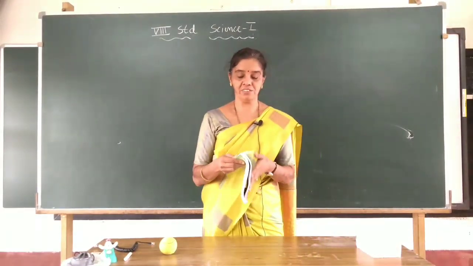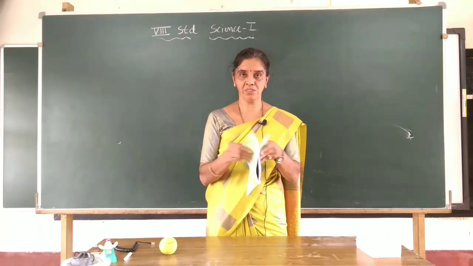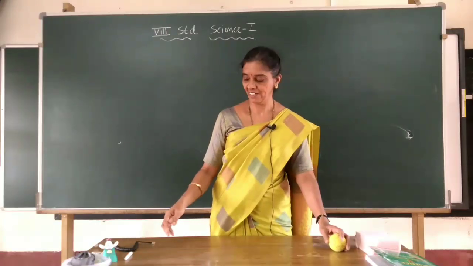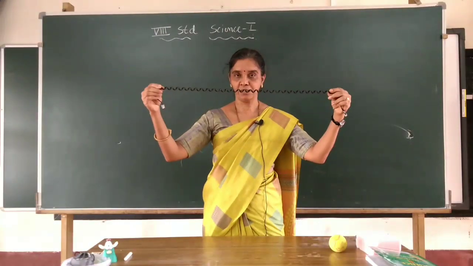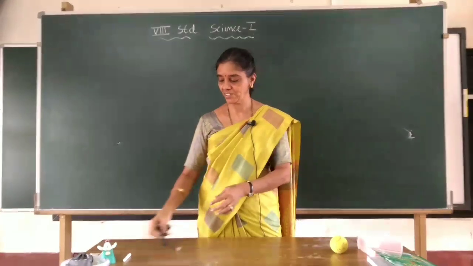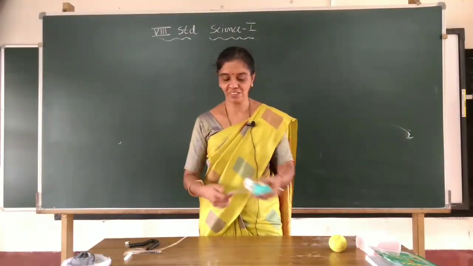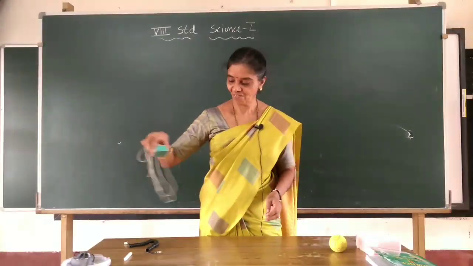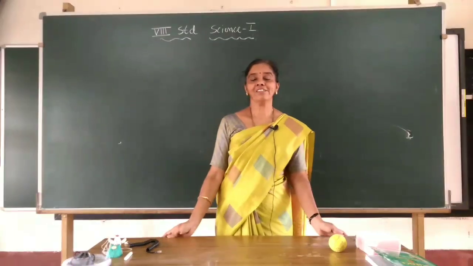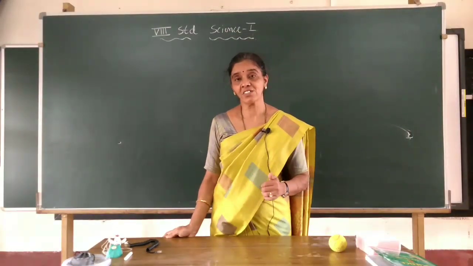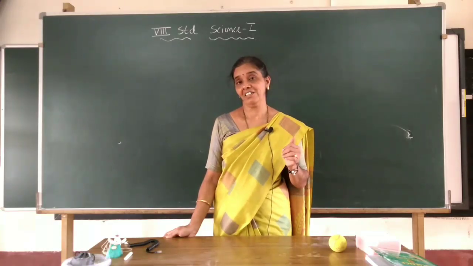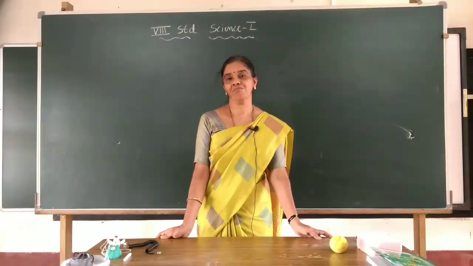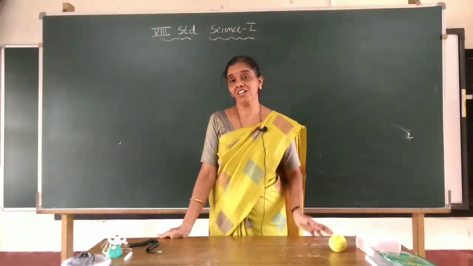All actions you observe. I opened a book, I closed it, I put this ball, stopped it, I expanded the spring and compressed it, and I pulled this toy with the help of threads. Now tell me, all these actions which are done by me, one important factor I need to do all these actions. Guess which I want, what I should apply.